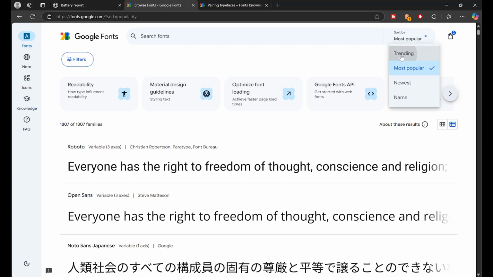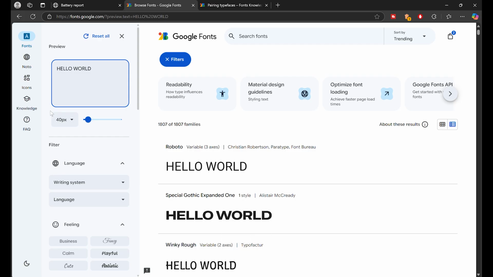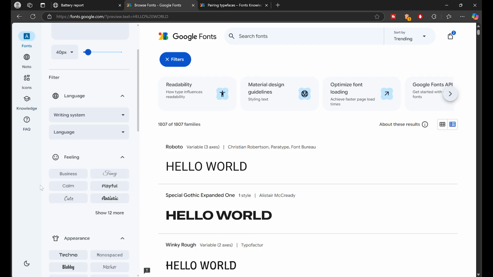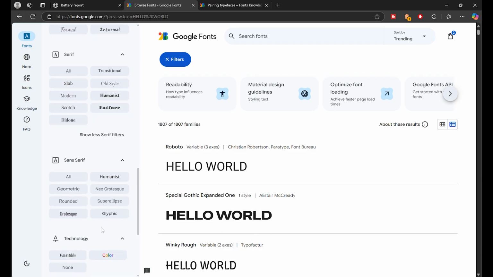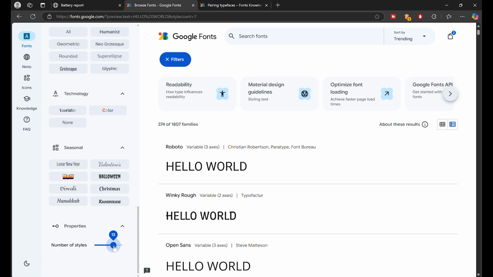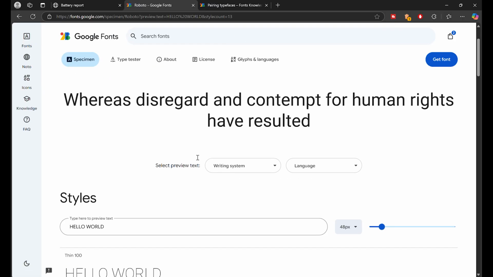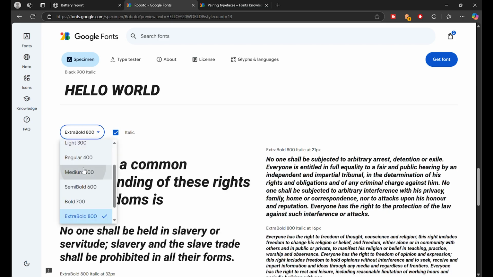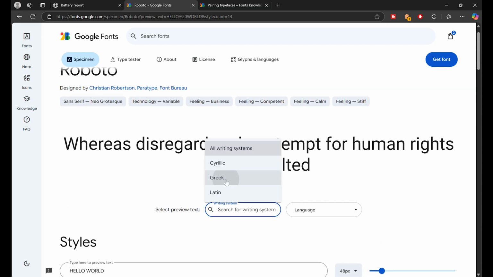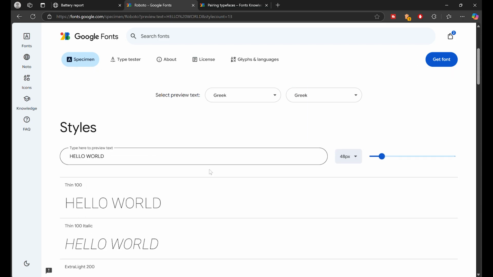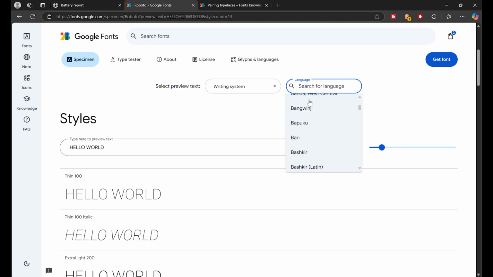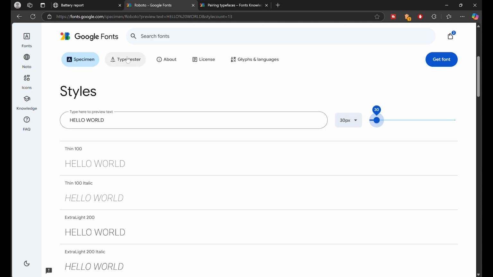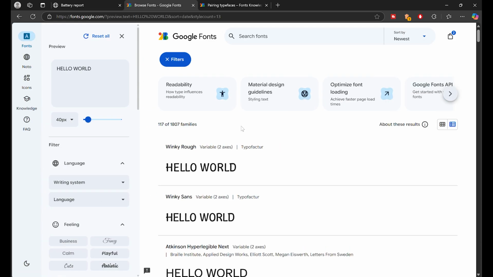One of the best things about Google Fonts is the huge variety. With over 1400 fonts available, you are bound to find something that fits your project style. Google Fonts organizes these into categories like serif, sans serif, display, handwriting, and monospace, making it easy to narrow down the look you are going for. They also have filters for font weight, slant, language, and popularity. So if you want something bold and impactful, or maybe a more minimalist vibe, you have got tons of options